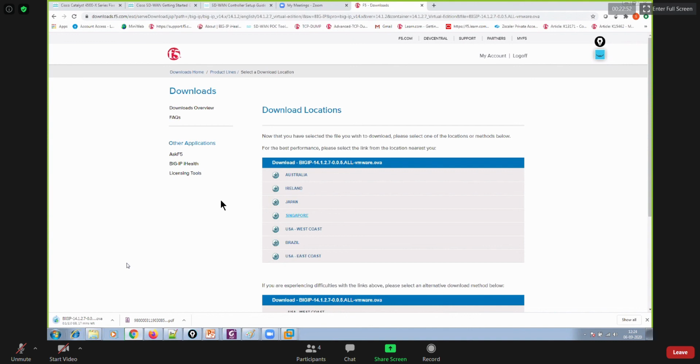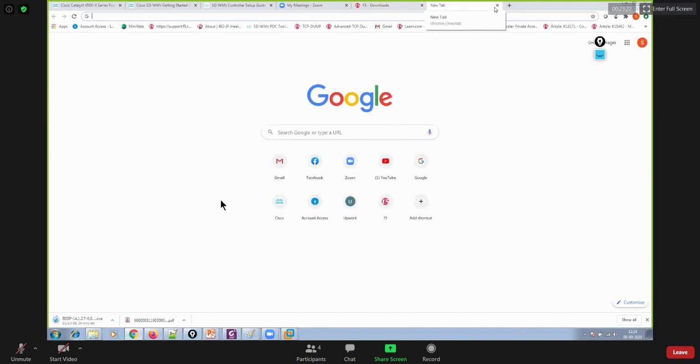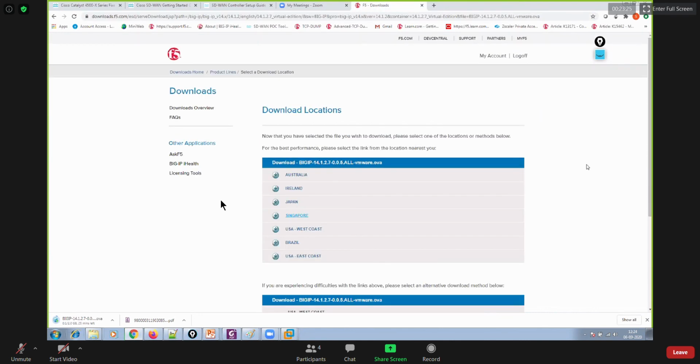Once you download this OVA file, also make sure that you have VMware Workstation installed on your local machine, and I believe that you are already aware of the process. Am I correct, Arjun? Since you have already gone through multiple trainings, probably you have gone through that. So if you have VMware Workstation and have downloaded this OVA file, just go ahead and install it on your local machine in case you want to create a lab locally. But as I mentioned before, you can also have access to our online labs, and I recommend that you access our online labs and practice over there.